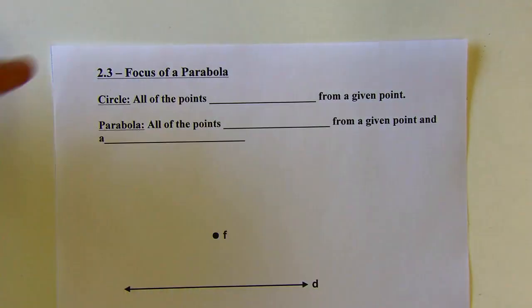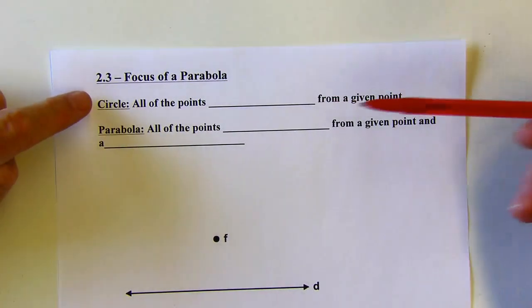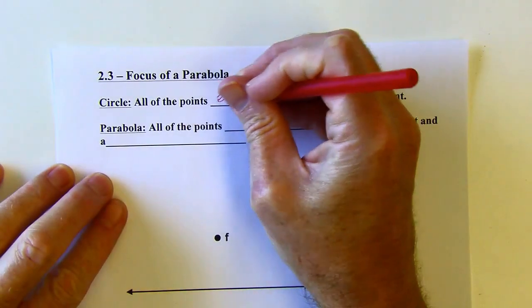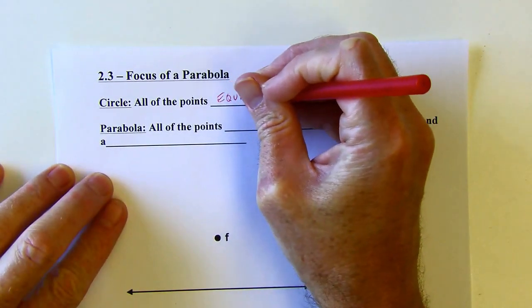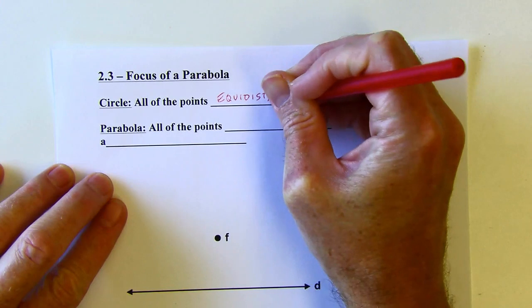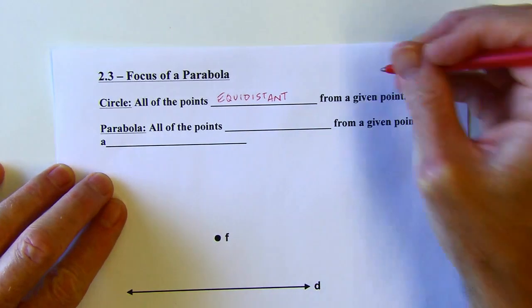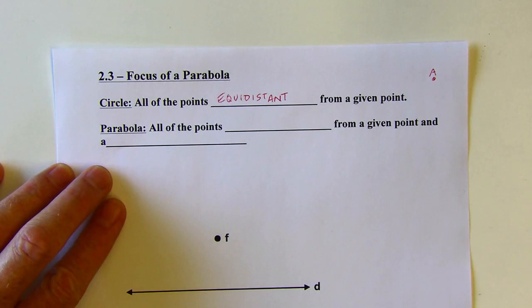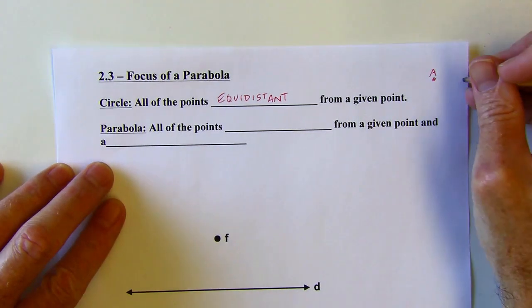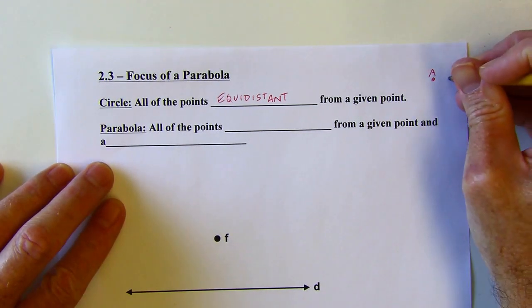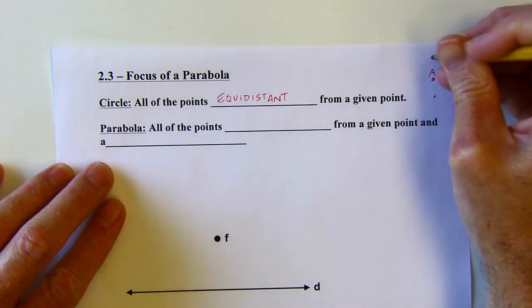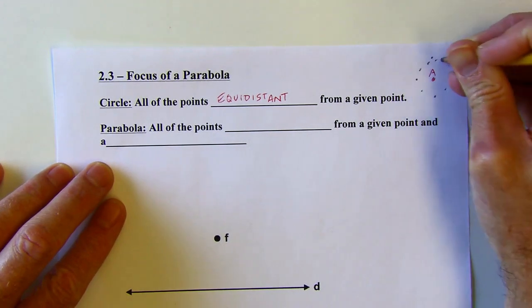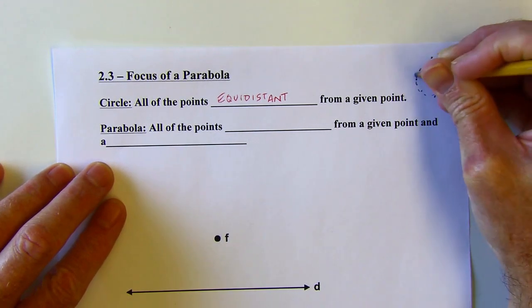Okay, so a circle as defined in geometry is all of the points equidistant from a given point. If you have a point here, let's say point A, and you start plotting all of the points that are, I don't know, 1 centimeter away from this. There's one there, one there, one there, one there, and hey, there's one there and one there. And if you kept doing that, and I'm not doing this very neatly,